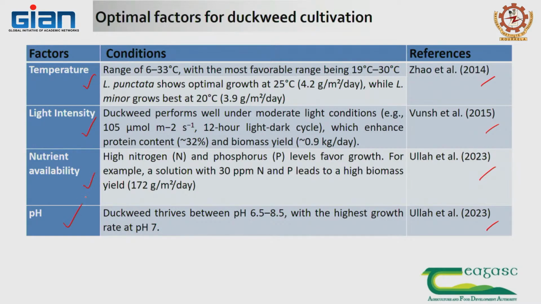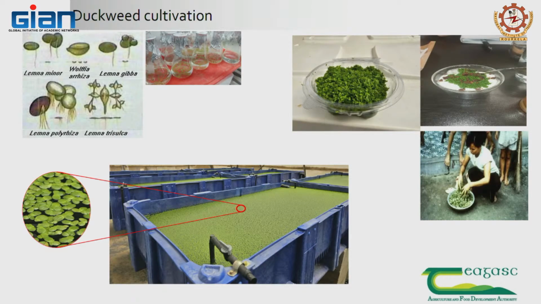So, temperature naturally available, sunshine naturally available, nutrients from the wastewater, pH again depending upon the wastewater, or you alter the pH to grow that microalgae or to grow duckweed. So, this is the way it looks like. Lemna minor has a small bit of root, Wolffia, Lemna gibba, Lemna perpusilla, there are a lot of different species. So, as you can see, we start growing simple duckweed in a flask,